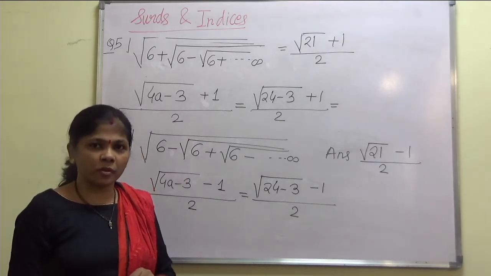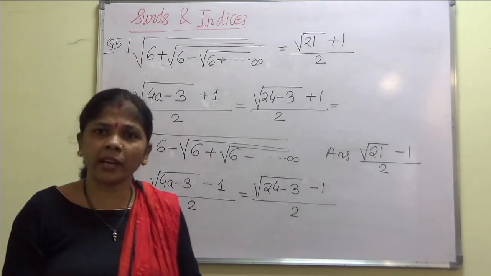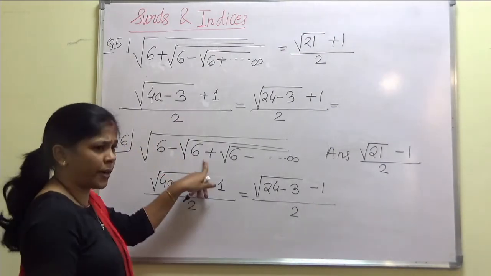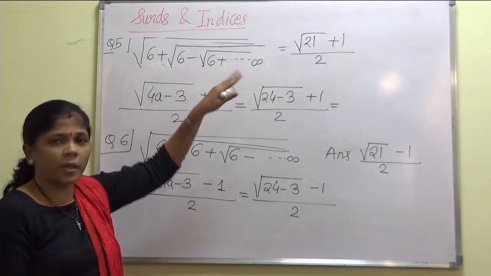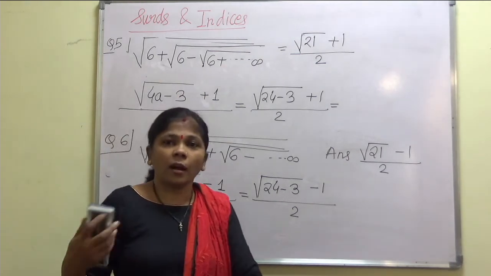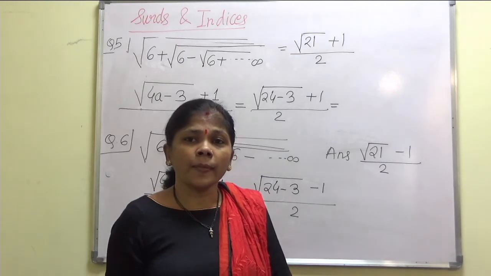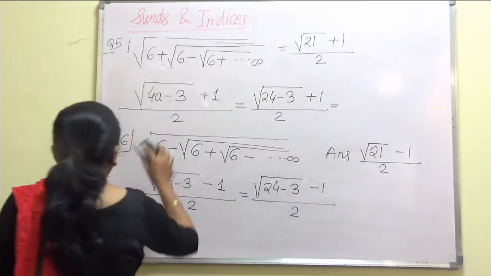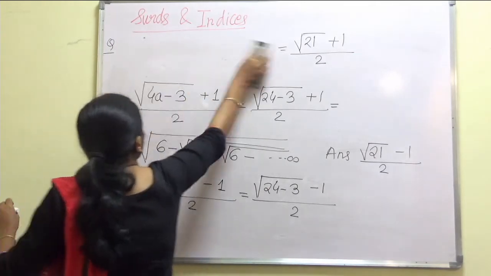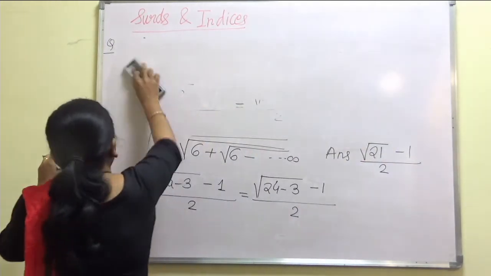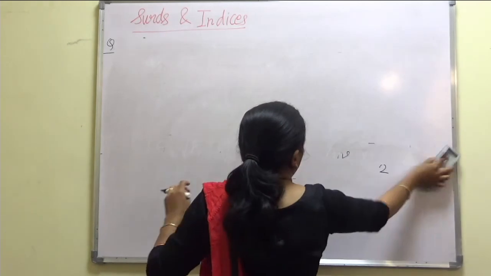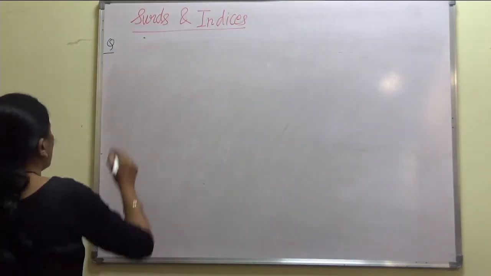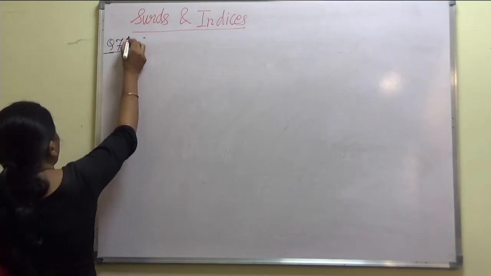infinite number of terms. Now, so far the problems which we have dealt with, right? These are all dealing with the same base value, right? Either we have 6, 6, 6, 20, 20, 20, like this, right? Now, how to solve the problems where we have different numbers within the under root sign? So that is our next question. So let us take the next question.